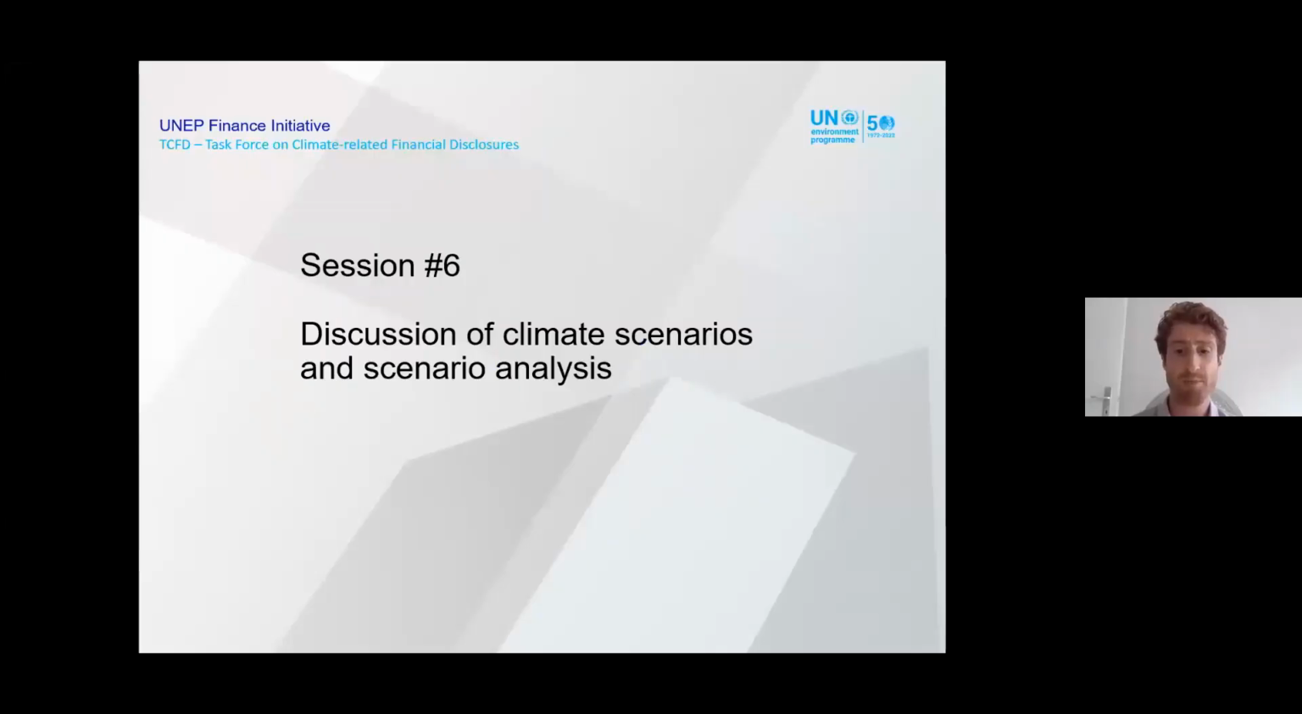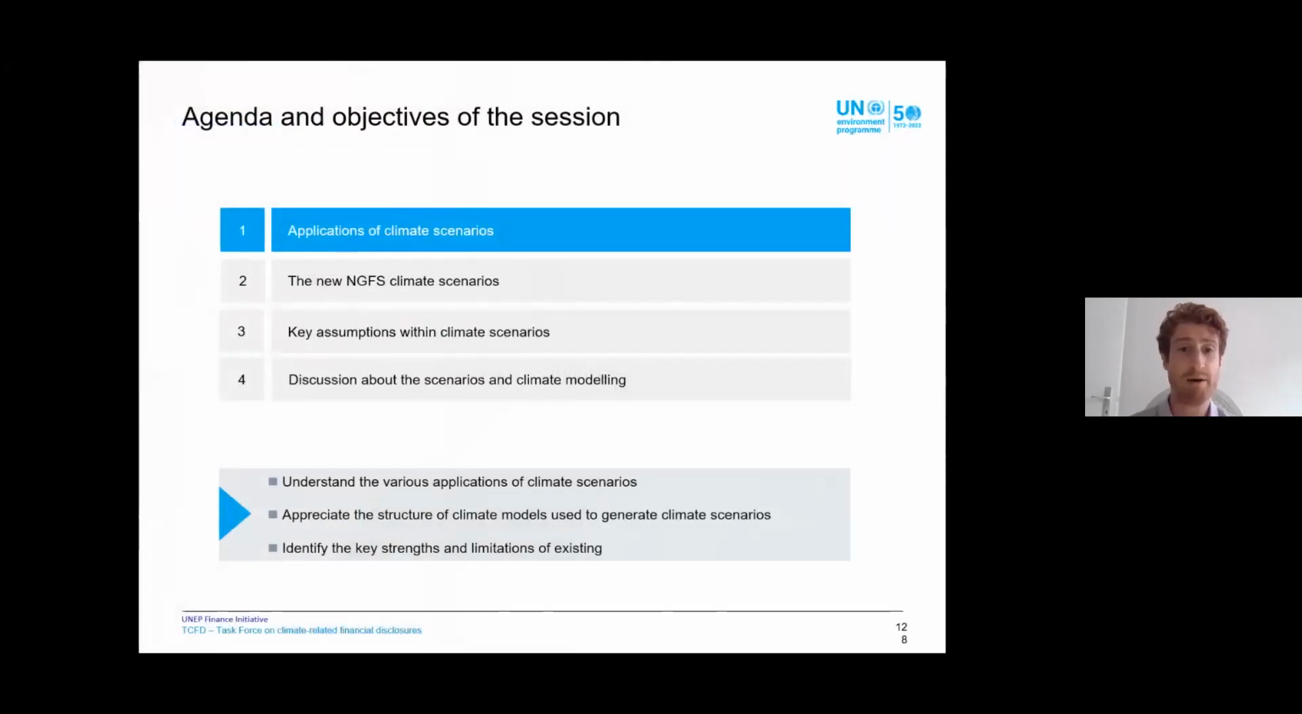This session, we'll be talking about the use of climate scenarios and how they can be applied. We'll spend 5 or maybe 10 minutes on that. Then we'll go into a bit of detail on what these particular scenarios are saying. I hope we can have a good conversation around that and the questions you have about the scenarios themselves, because